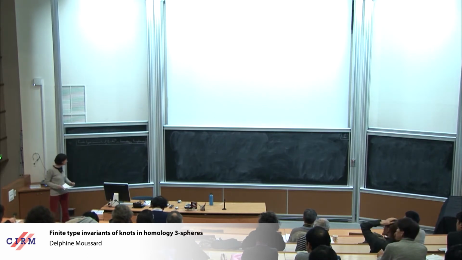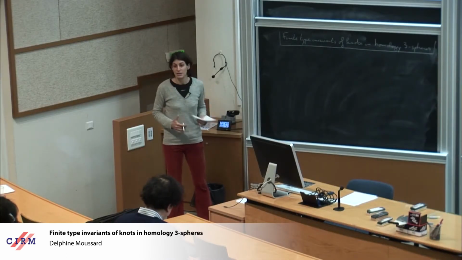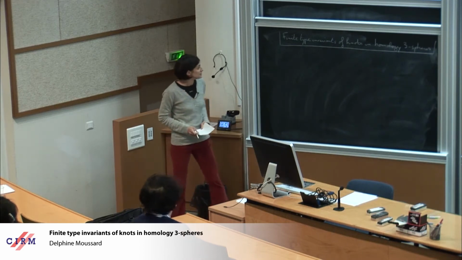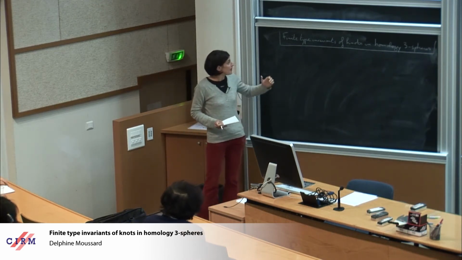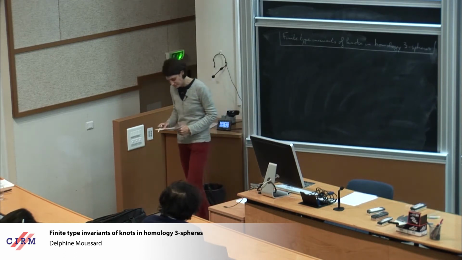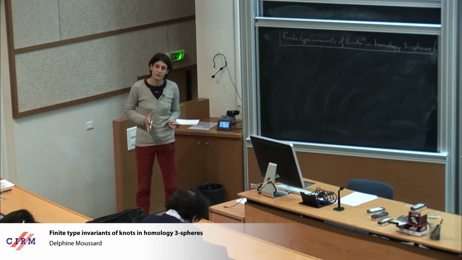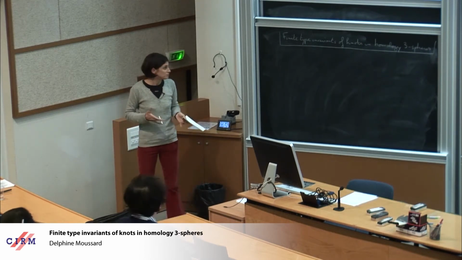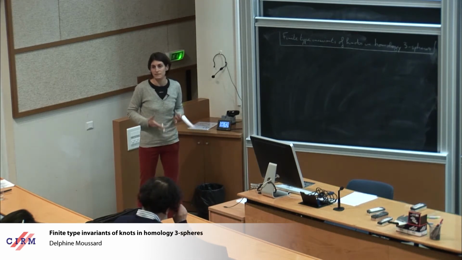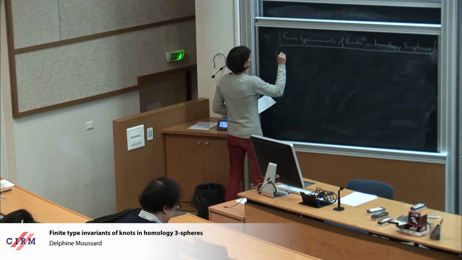So, my talk is about finite type invariants of knots in homology spheres, and I will directly begin with definitions in order to make clear for everybody, especially what are these first three words in the title. And after giving these definitions, I will give a brief overview of some background of this notion of finite type invariants. So, let's begin